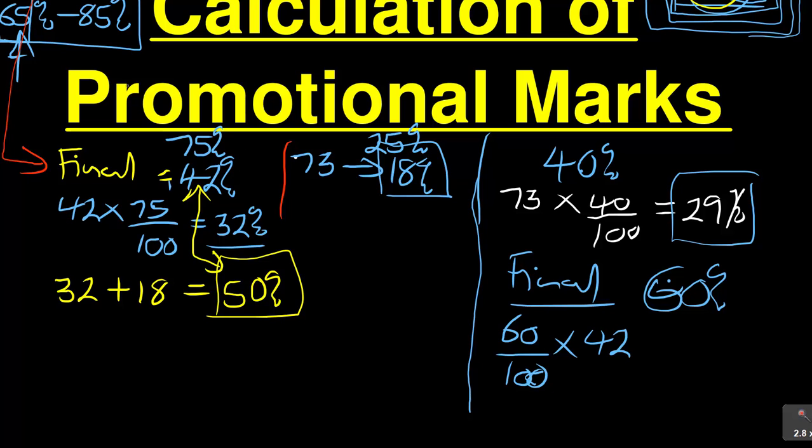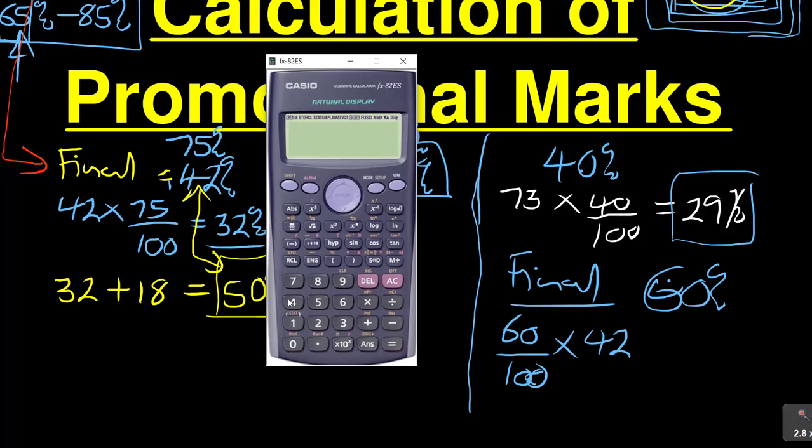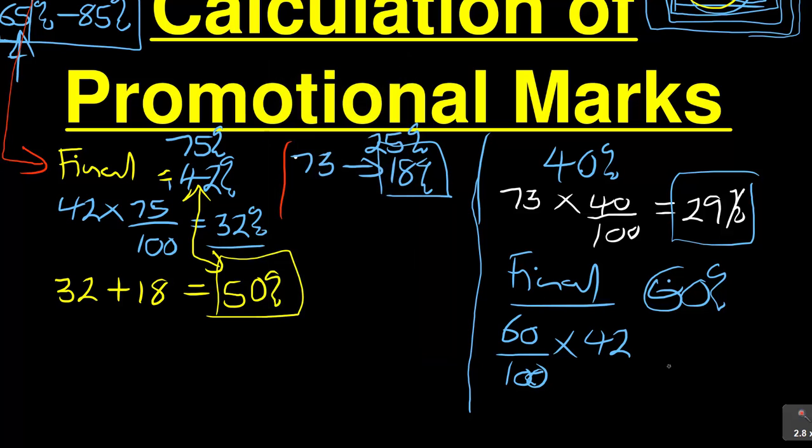So if I do that, if I grab again my calculator here, it's 42 times 60 over 100. So the contribution here is 25%. So you have got 25 on this side. So you see where things are not making sense, to say in your final exams, you've got a smaller contribution than in your ICASS, which is 29. So what they do is they add that 29 plus 25. Now if you add 9 plus 5 is 14, 4 carry 1, 2 plus 2 is 4 plus 1 is